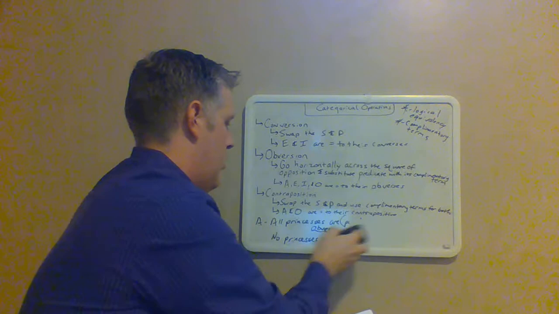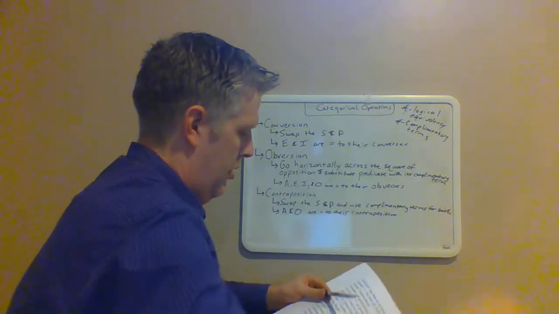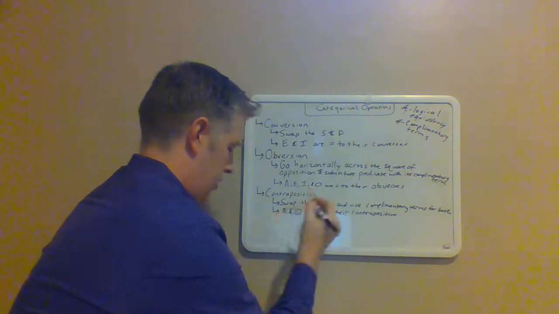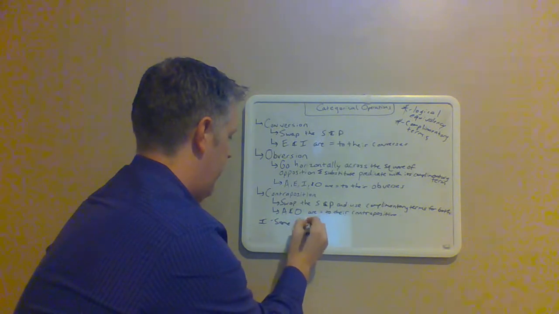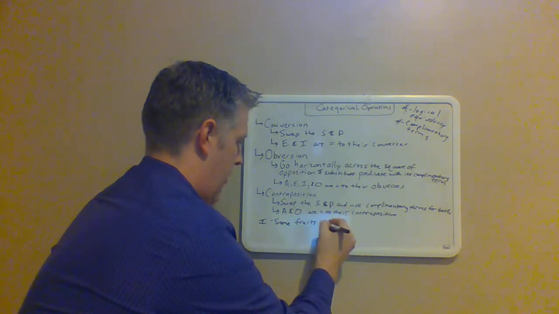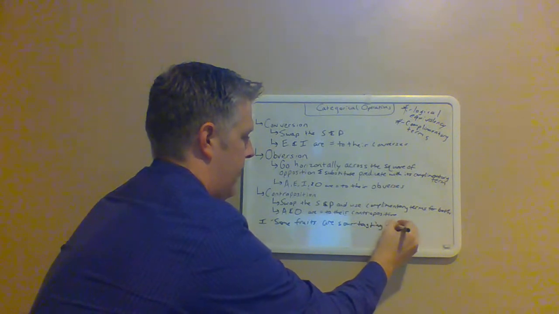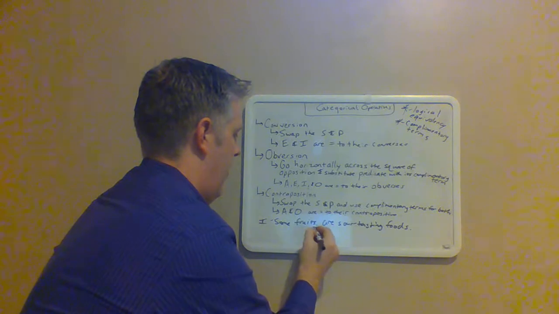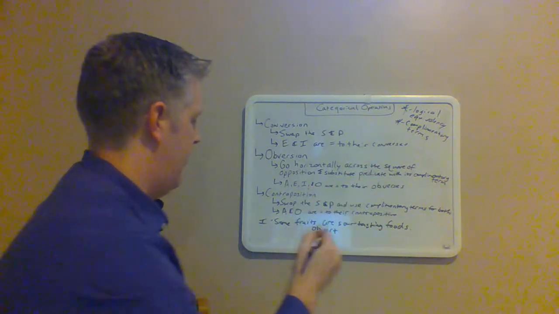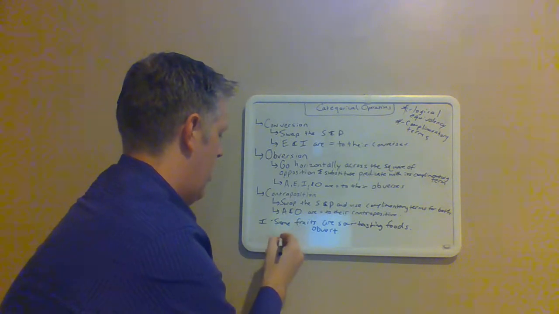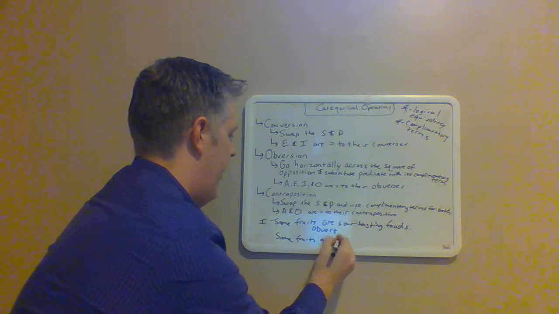Let's do another example of obversion here. Let's start with an I claim. Some fruits are sour tasting foods. And again, we want to obvert this. So what results? We have to go across the square of opposition. So we're going to have an O claim, right? So it'll be some fruits are not,